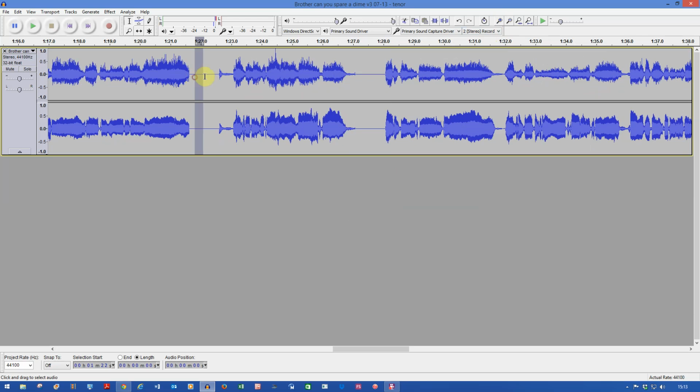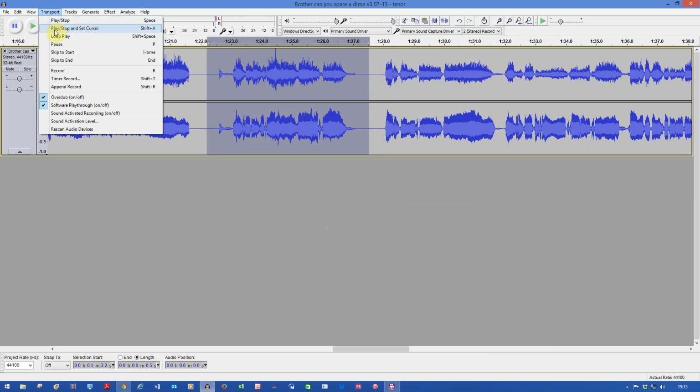So you can see now there's two areas of no sound at the beginning and end. So what I'm going to do now is highlight that area, including some silence, go back to transport and loop